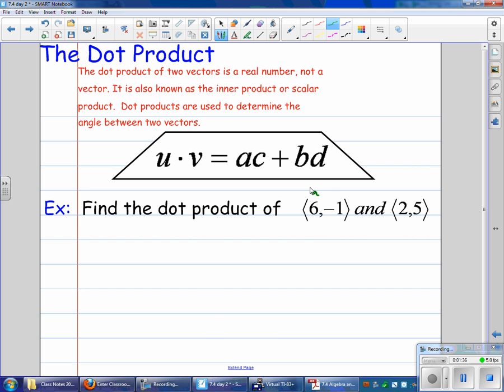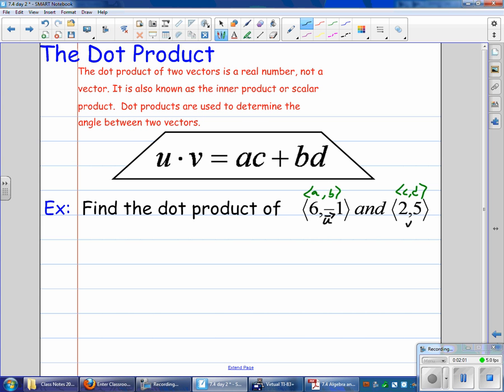And our position vectors here, if we have more than one, we would call that <a, b>, and this would be <c, d>. So what we do is we find the product of a and c, basically the x coordinates or the horizontal components of those two position vectors, find their product, and add that to the product of the two vertical components. So, if we're calling this vector u